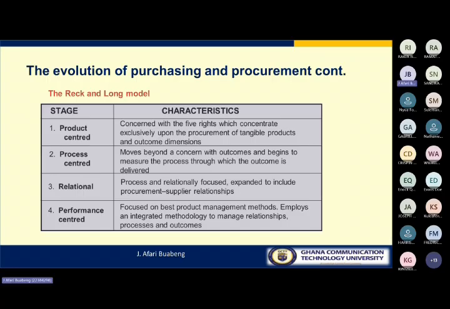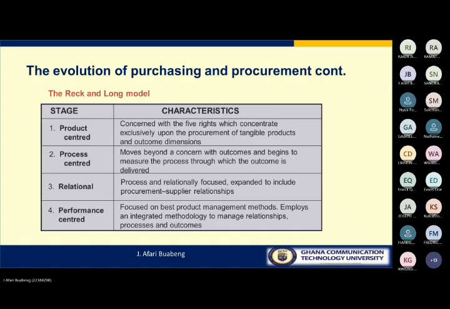Because you are getting the product, it is of high quality, the price is competitive, you don't care about the processes leading to the product, then I'm sorry, you are doing something wrong, because you need to focus on the processes. Because once the supplier is not conscious of the environment, so concepts like sustainable procurement are as a result of the processes. Green procurement, green logistics, all that. It is because of the processes. It is because now we are focusing on the processes as well. I don't know if you get it. If you have issues,